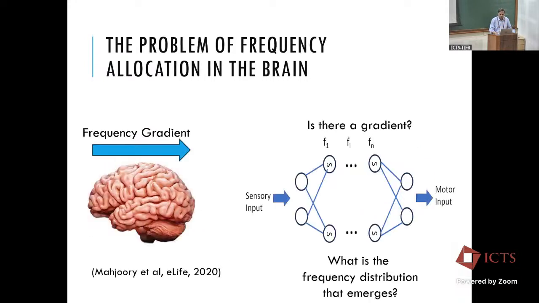This is the kind of picture we want to create. For example, there's a frequency gradient in the brain from the anterior to the posterior direction. So if I take an arbitrary oscillator network, train it on some sensory motor function, and see how the frequencies are learned in the hidden layers, do you see the same gradient? These kinds of simulation experiments can give a basis for how the brain organizes oscillations, and that can be easily generalized once you figure it out, generalized to any species and so on.